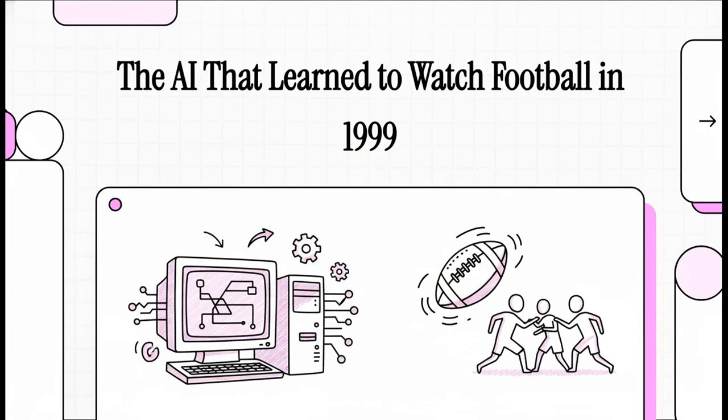All right, let's go way back. We're talking 1999. Think about it. This is before big data was a buzzword, before we all had supercomputers in our pockets, a time when researchers had to get really creative. And that's exactly what a team at MIT did. They took on a challenge that's still mind-bogglingly hard today. They tried to teach a computer how to actually watch and understand a game of American football. Seriously, let's get into it.